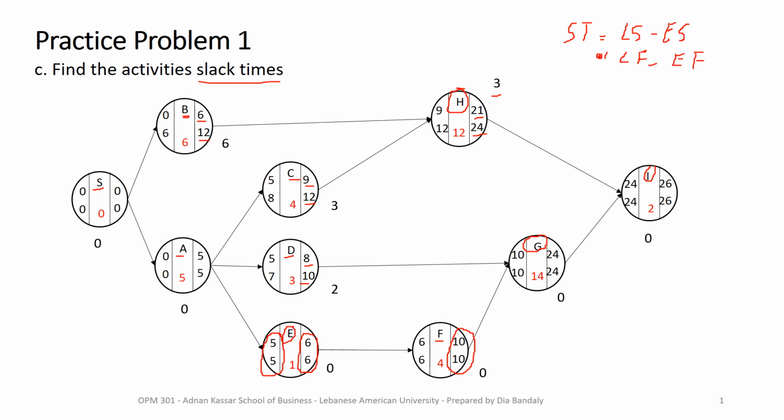Okay, so now we have a slack for all the activities. And what do you notice? We can see easily, especially because this is a very simple PND, that we have a sequence of activities where all of them have a 0 slack. What does it mean? That means I have found a path consisting of activities that all have 0 slack. What's that path? This is a critical path, right? And this complies with what we have found before. We have found before that path SAEFGI